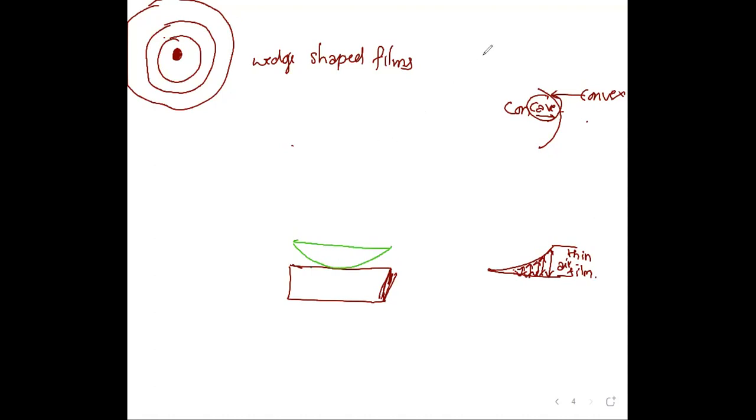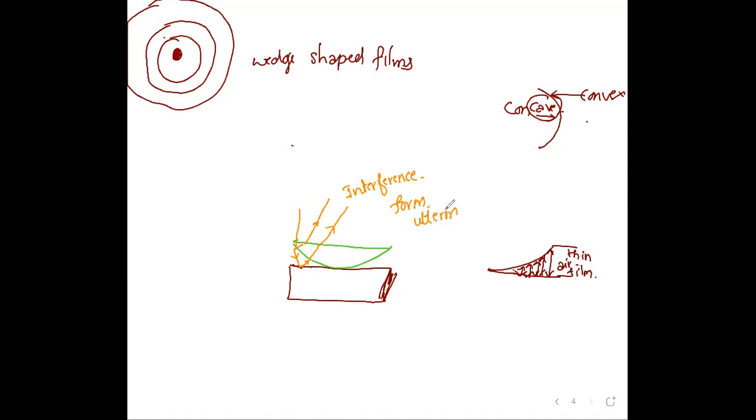So when a ray of light is incident on this edge, some part of it will undergo reflection and some part will undergo refraction. At the second edge, there also it will undergo some reflection and some refraction. These two reflected rays undergo interference and form